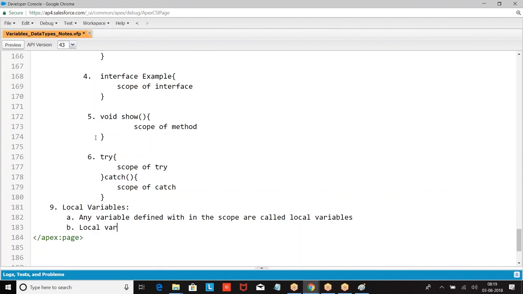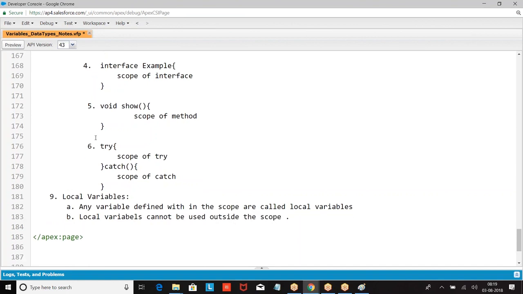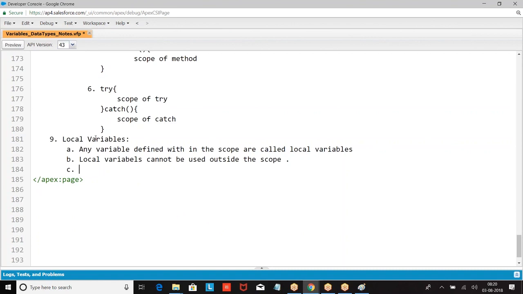Local variables cannot be used outside the scope. So what does it mean? Now I'm giving an integer h. Then I'm giving a flower bracket.